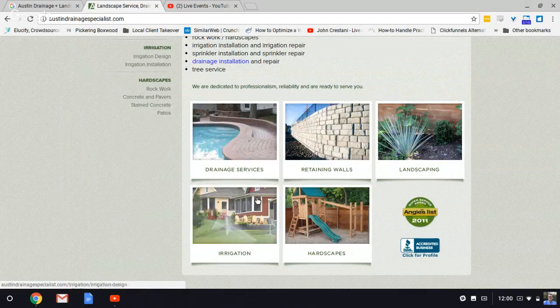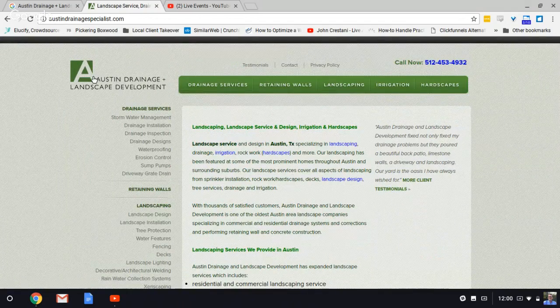So if you have these images right when they land on the page, and Drainage and Landscape Development is very large, very eye-catching, the first thing you see, that'll be beneficial. You want people to immediately know they're either in the right place or the wrong place. The people in the right place will look around and dwell time will be high, and the people in the wrong place go on to find what they want, and that way Google gets a better idea of who is in the right place based off of what they search for.